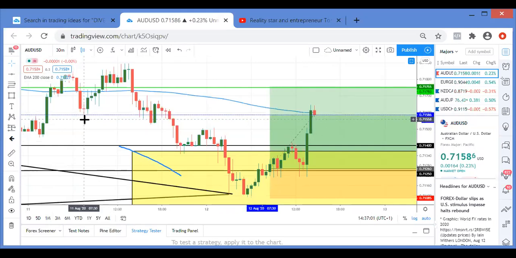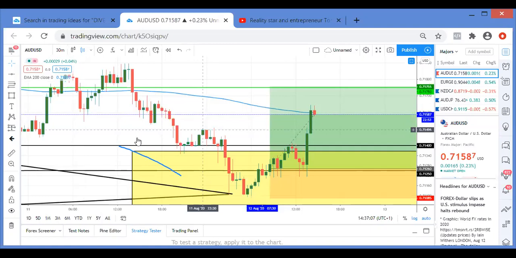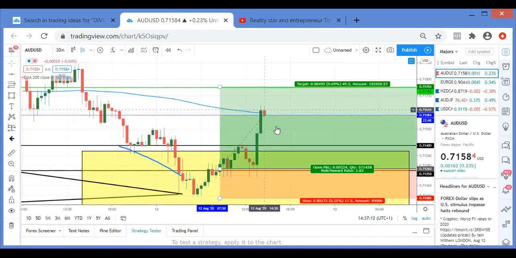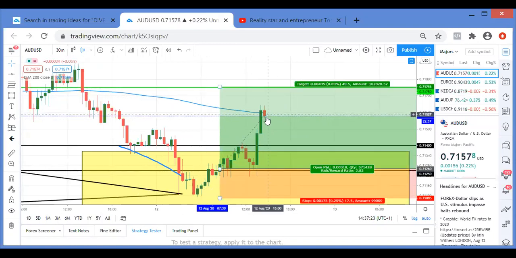Crosses above. Even this market here, I just know. Look, this red here can come all the way down to here. But I know ultimately it has to come to this 750, because this is where the banks are looking right now. Even if it came all the way down, right here near my stop loss, I'm not scared, because I know ultimately it had to come to this 750.